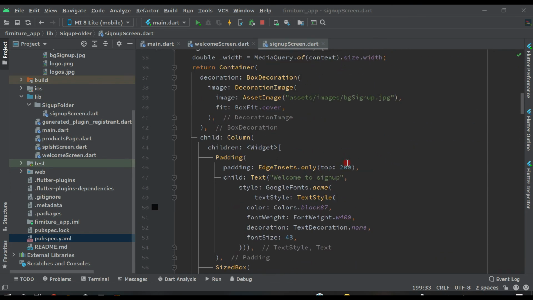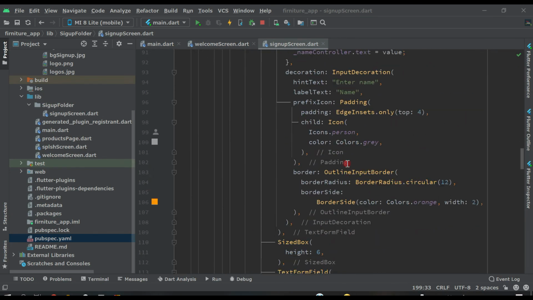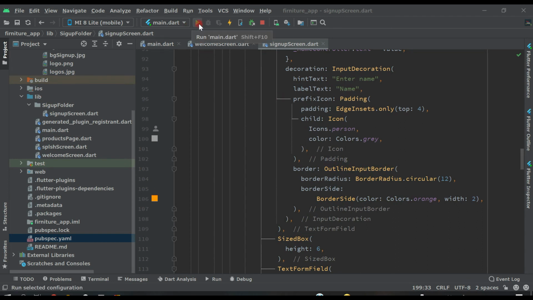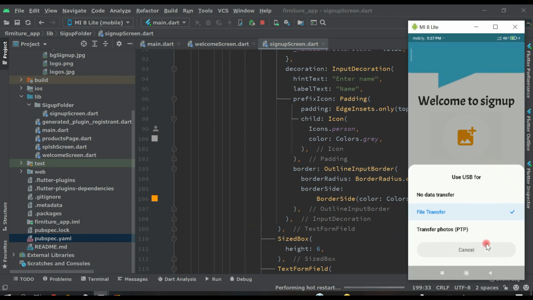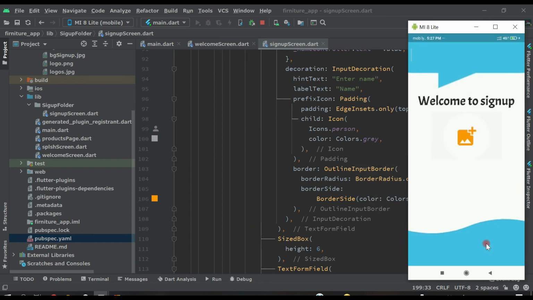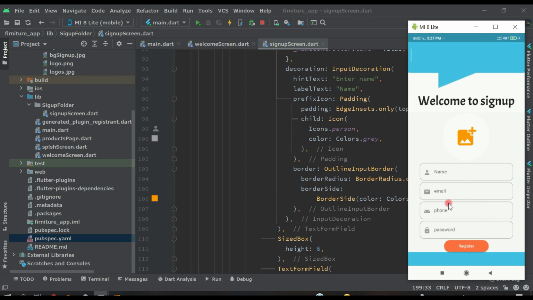Now we will check this application and we will see how our sign up page is looking. So let's run the application from here. And as you can see, we have this text form field, so we have to manage all these things. We have to take care of this button. There is no space and it's going down so much, so all these things we have to do. So come back here,